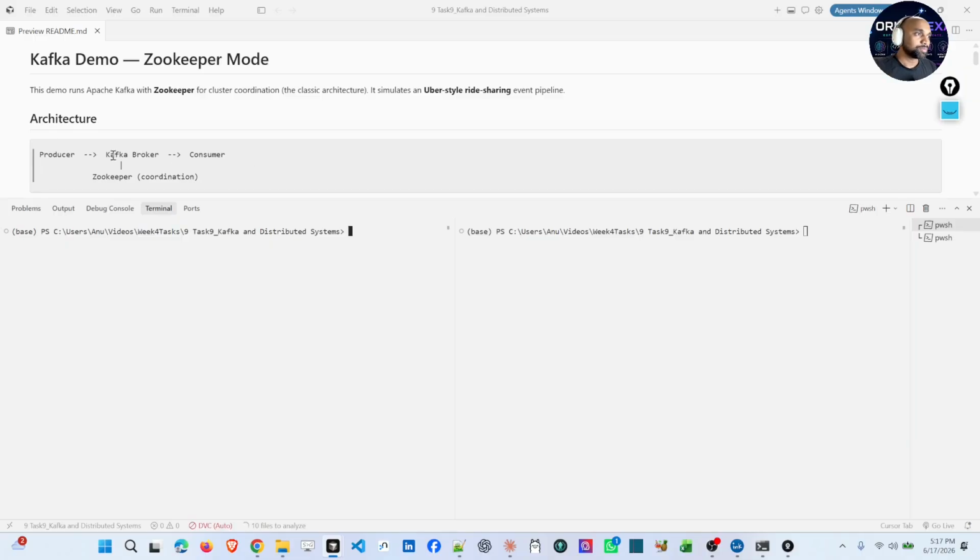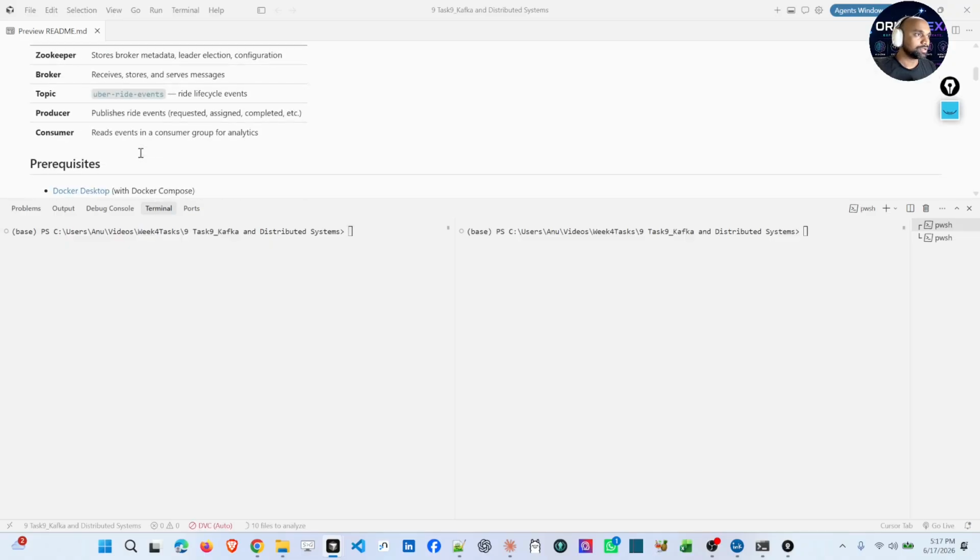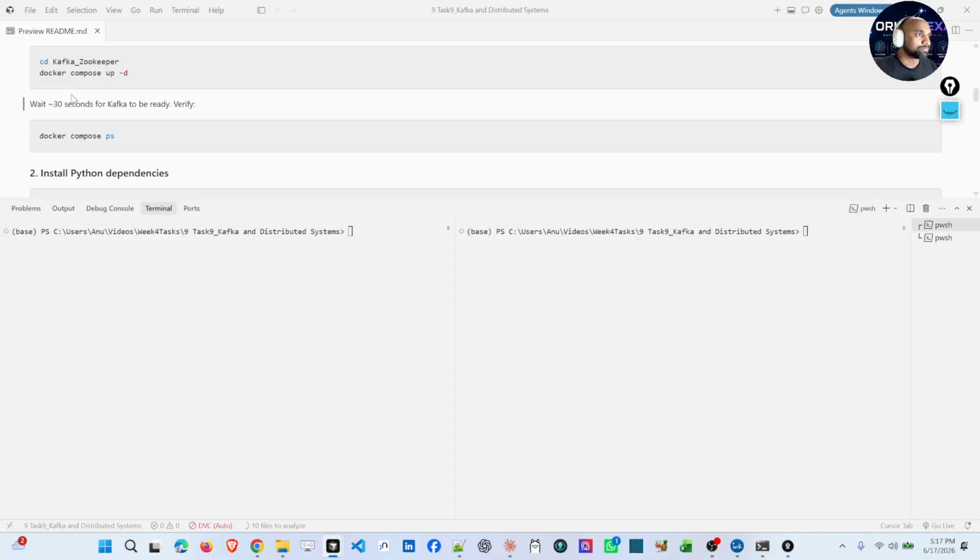This is the architecture: the producer will be publishing data to the Kafka broker, and it will be taken by the consumer. All are controlled and coordinated by Zookeeper. Then let's go to this directory. Now we have the Kafka Zookeeper.